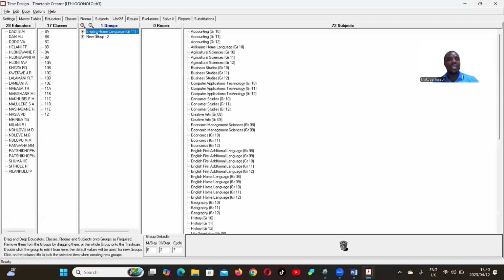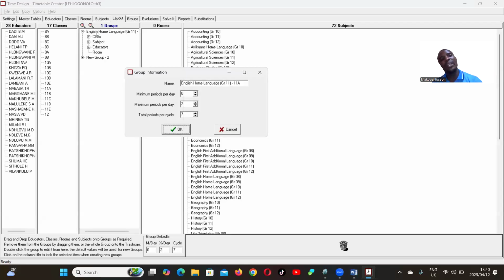What I was just reading for you, I'm going to double click on the group, and then I apply the policy. And then we check the number of periods that the subject is having in the cycle. It says maybe English. Okay, it's fine. Let's say it's having nine periods in a week. I'm just giving an example. Those who know the subject policies better will know whether this is correct or not. And if it's not correct, they will apply